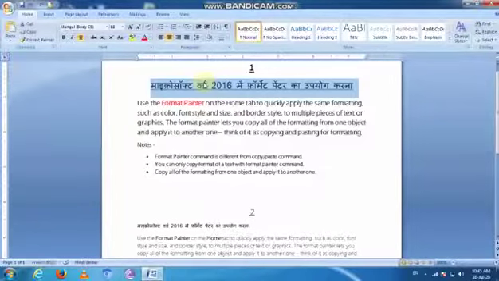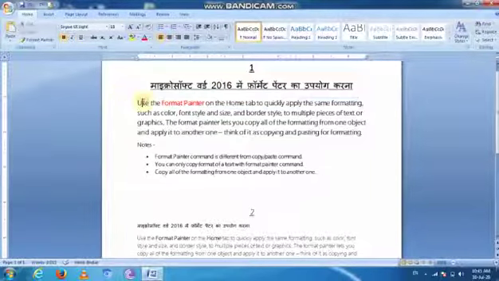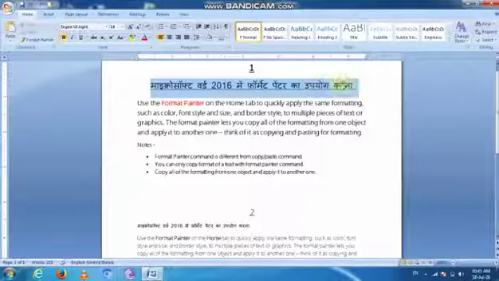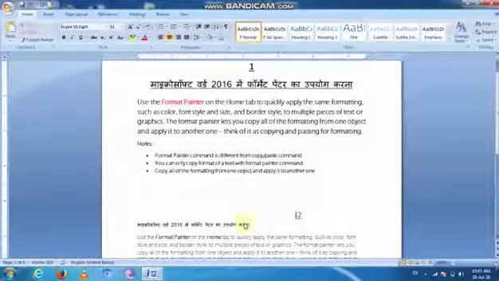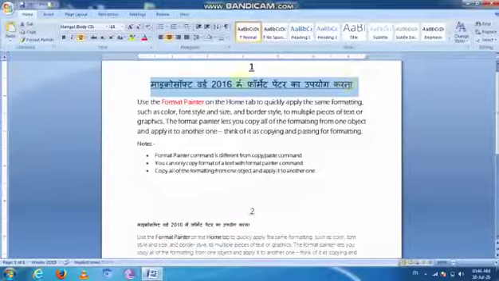So I select these lines, this heading line. Then I click on the format painter tool. These heading lines are applied on the second text format. Then I select the heading lines, click on the format painter tool, and just drag on these lines.